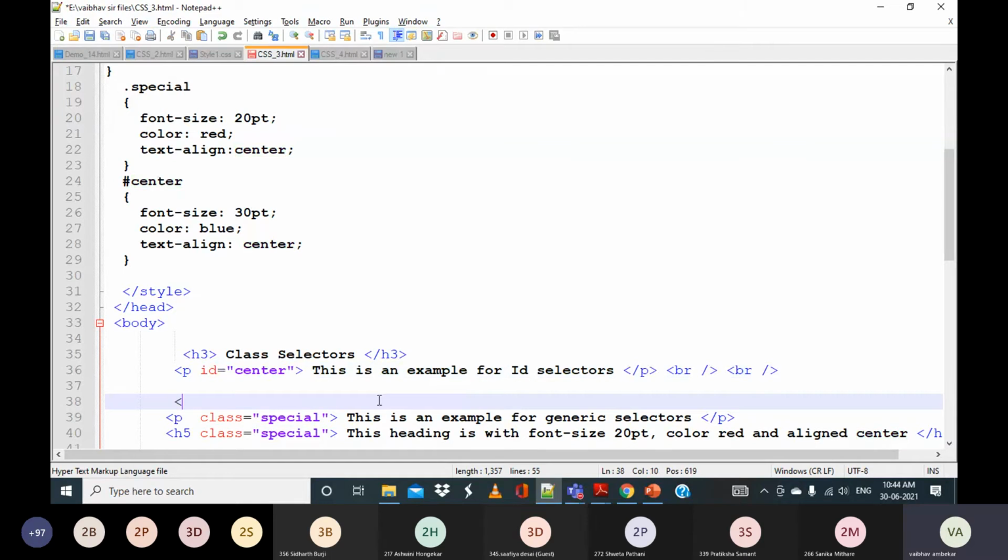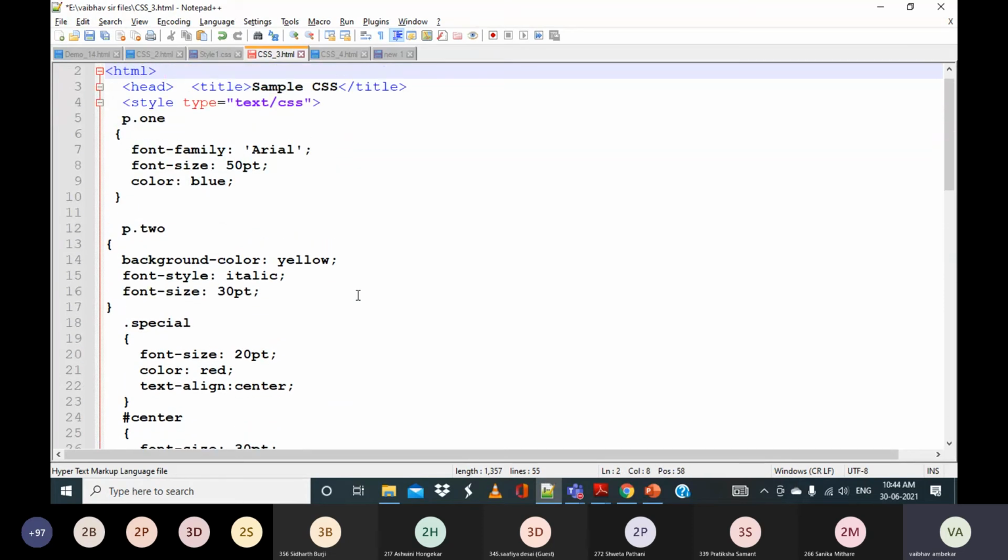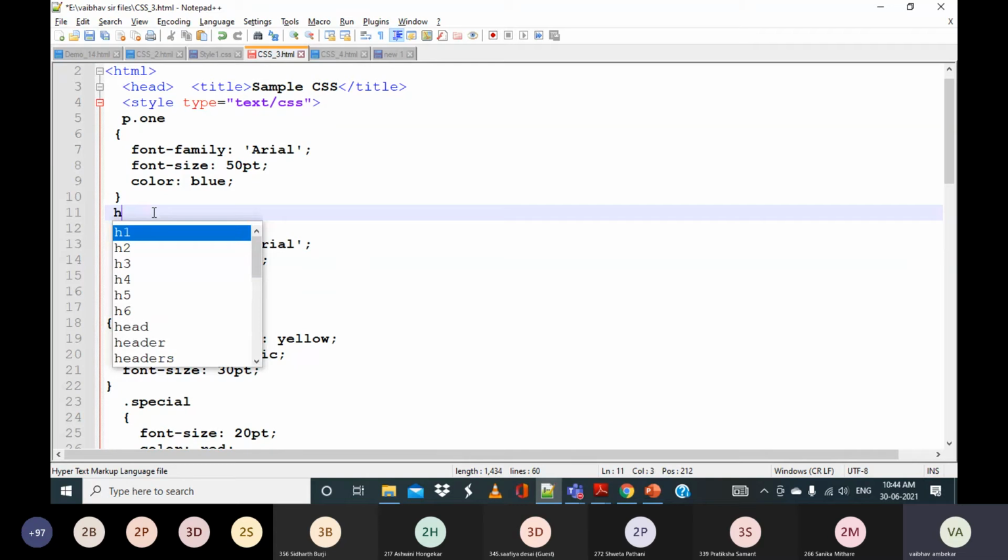So if I want this to be applied for a specific element, for example h1 and h2, in this case I don't have one, so I'll use this one only. Instead of this I will take it as, say, h5.